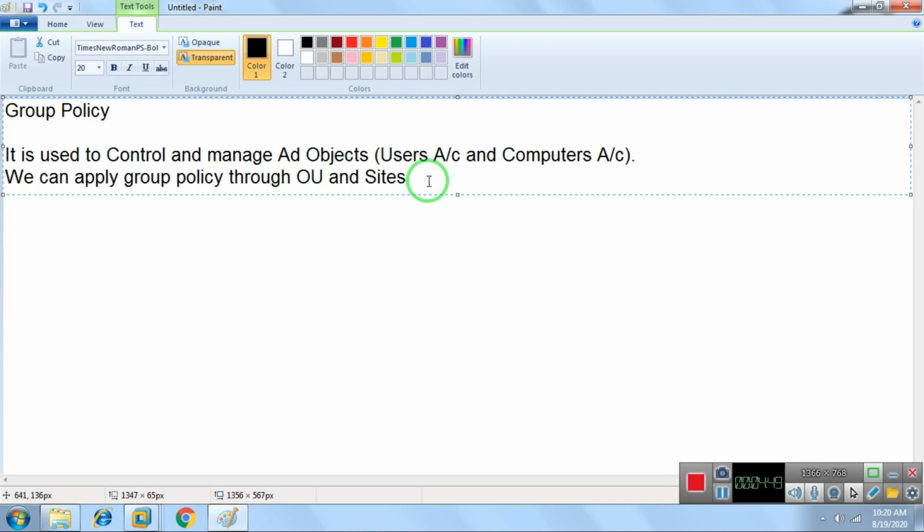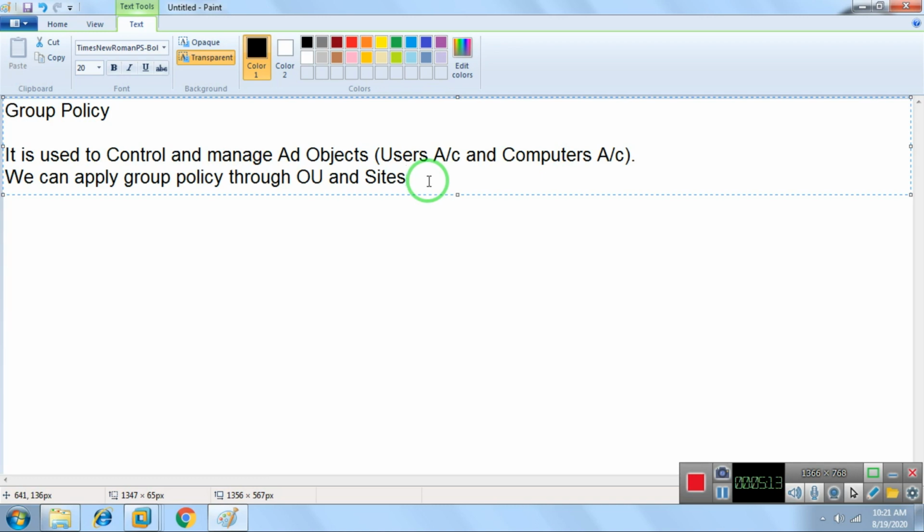Once I implement the policy on the OU, it is automatically inherited and applied to all the users in the OU. It doesn't matter whether the OU has 10 users, 100 users or 1000 users. So with the help of OUs and sites, we can apply group policies on user accounts and computer accounts. Understood? I hope you're able to understand this till now.